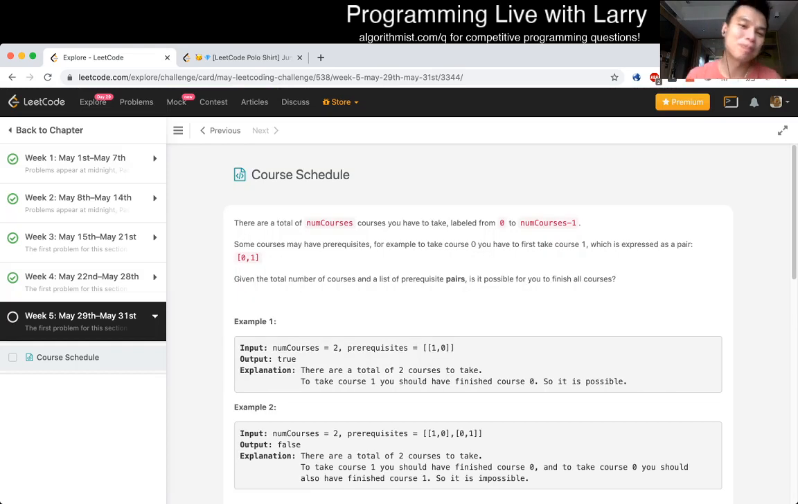Course schedule. There's a total of number of courses that you have to take, labeled from 0 to number of courses minus 1. Some courses may have prerequisites. For example, to take course 0 you first have to take course 1, which is expressed as a pair 0, 1. Given the total number of courses and a list of prerequisite pairs, is it possible for you to finish all courses? Okay, so this is a very straightforward question about